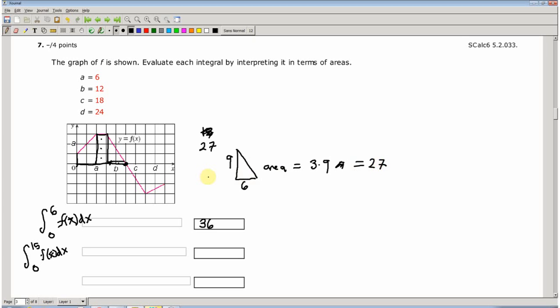So what do we have here? We have this part is 27, this part is 27, and this part is 36. So the answer here is 27 times 2